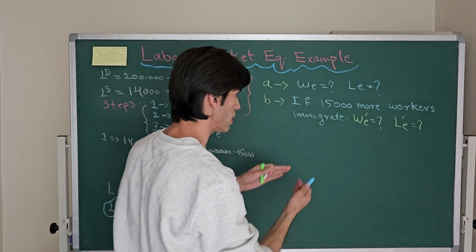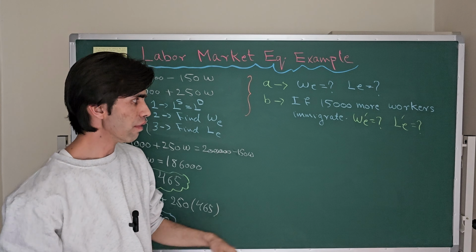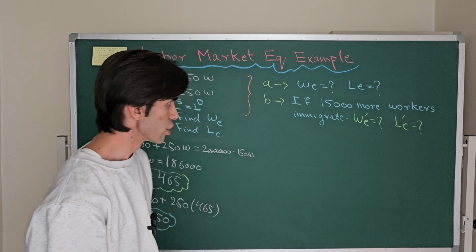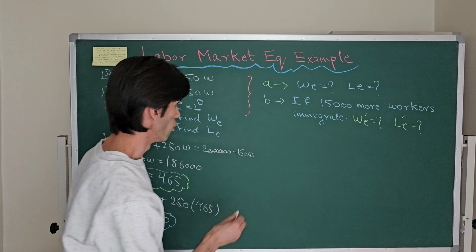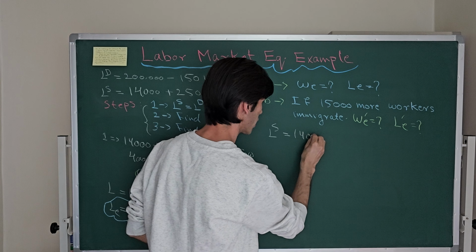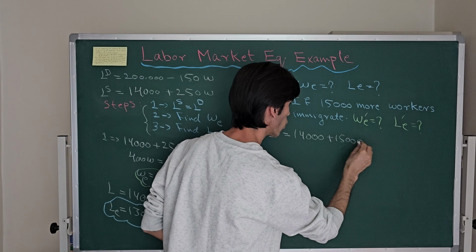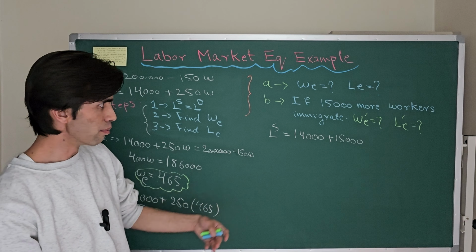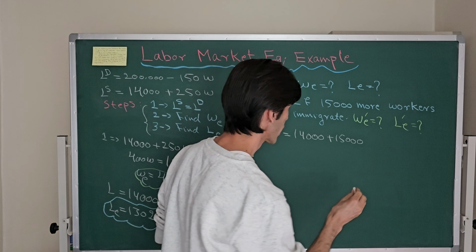So now let's move to B. If 40,000 more workers are immigrating to the labor market, what will happen to the market equilibrium wage and market equilibrium quantity? The only change will happen to the labor supply, and the new labor supply will be LS equals 14,000 plus 40,000 new workers in this labor market regardless of the wage level, because more workers immigrate to this economy without considering wage level. So plus